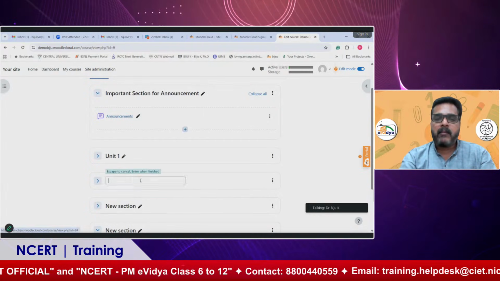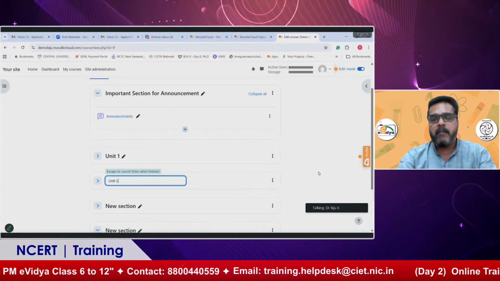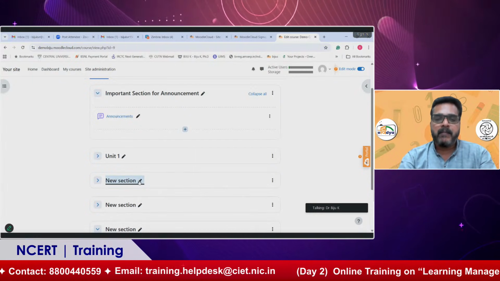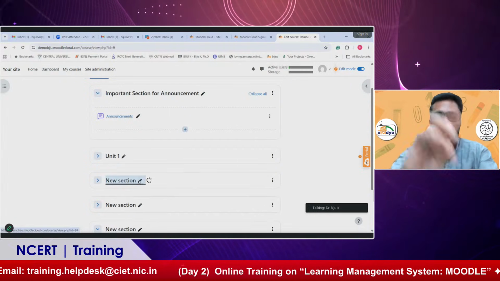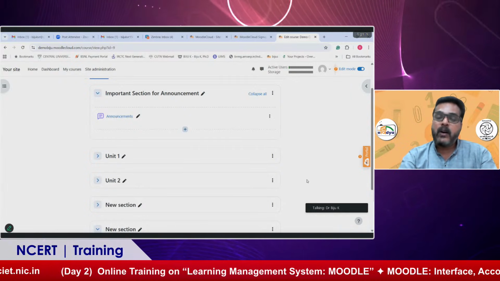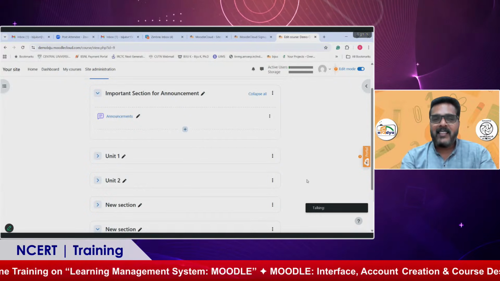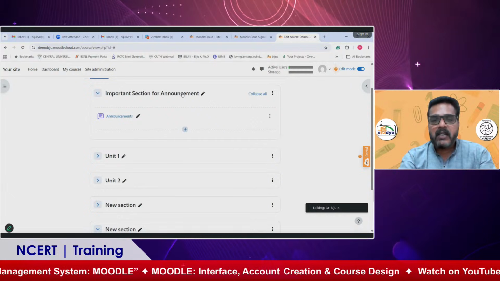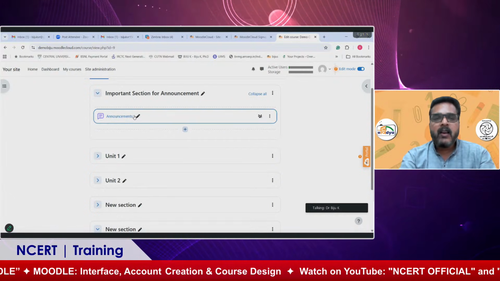Now I can create like this, Unit 2. Even you can give the unit name, so that for the students, that will be visible. Unit 2, type it, press enter. So like this, you can design your course structure. Now under Important section for announcement, you can see there is a space where you can